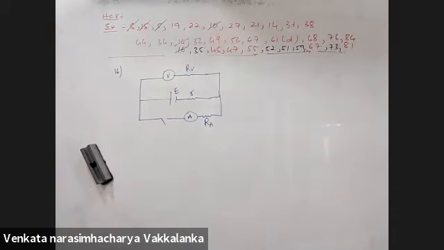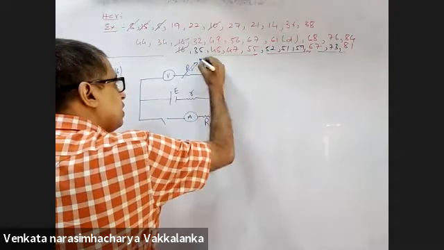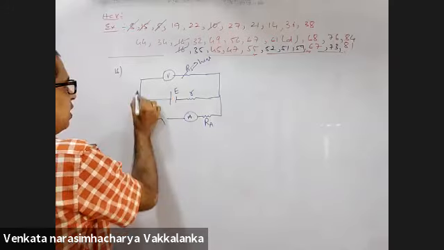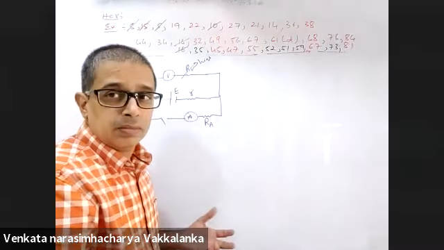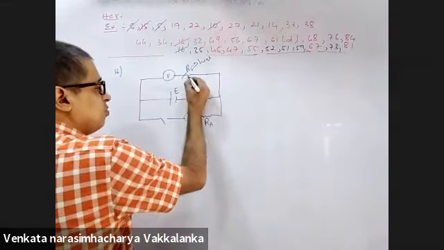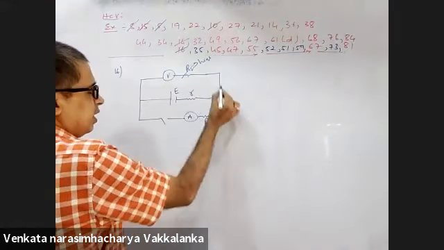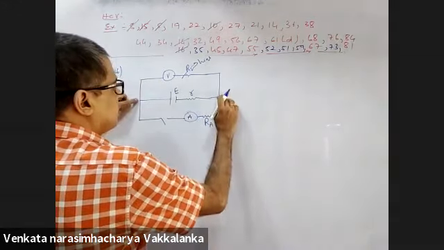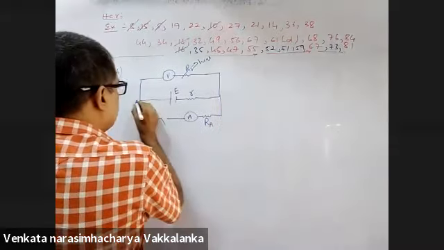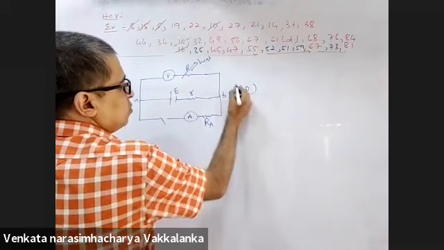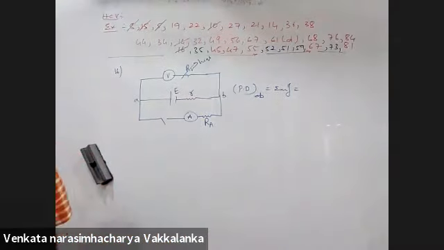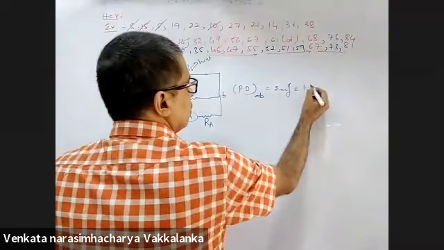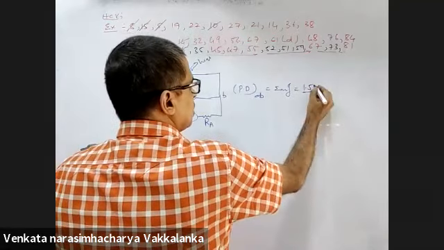The voltmeter has a very high resistance and the ammeter also has some resistance. Voltmeter has very high resistance. When the switch is open, will there be any current in it? No current because the resistance is high. So if there is no current, what is the potential difference across this? Potential difference across AB will be the EMF of the cell. How much did he give you? 1.52 volts. So the EMF of the cell is 1.52.